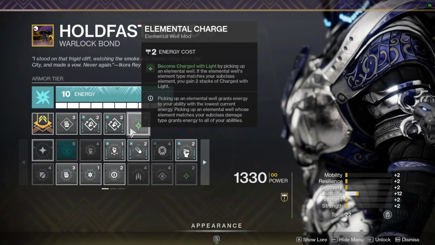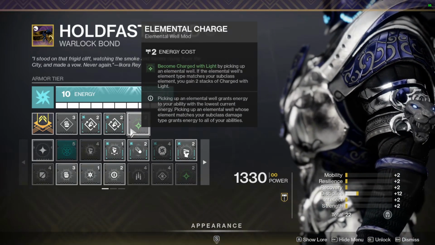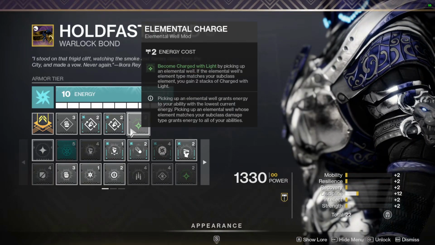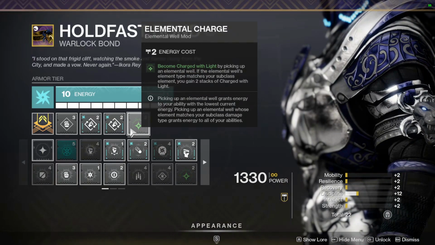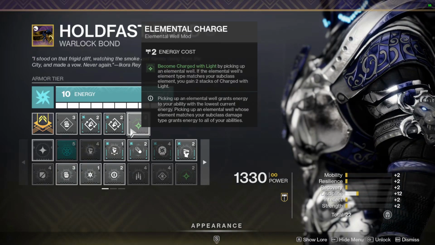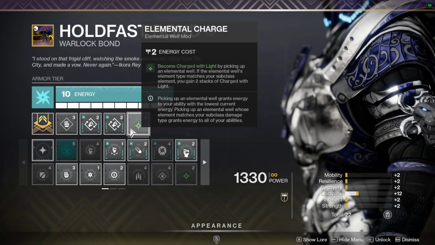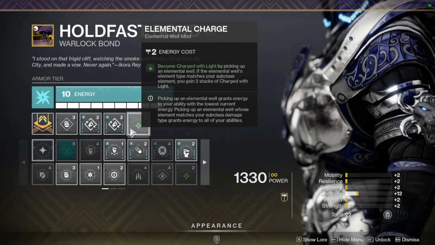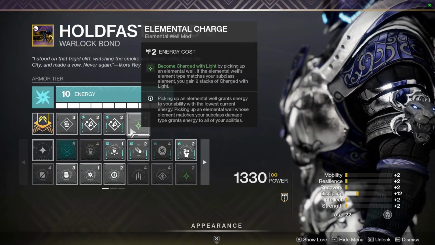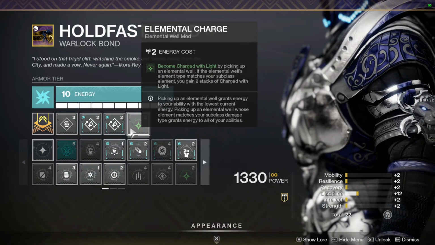I'm going to have my melee attack back, which then is going to also give me another stack of Charged with Light, because I am using Elemental Charge. Become Charged with Light by picking up an Elemental Well. If the Elemental Well's element type matches your subclass element, you gain 2 stacks of Charged with Light. So since my Stasis shards now count as Stasis Elemental Wells, whenever I pick up just 1 Stasis shard, I get 2 stacks of Charged with Light, which is going to allow me to proc Heavy Handed very, very frequently, because I'm just going to be freezing so many things with this build that it's almost impossible for me not to